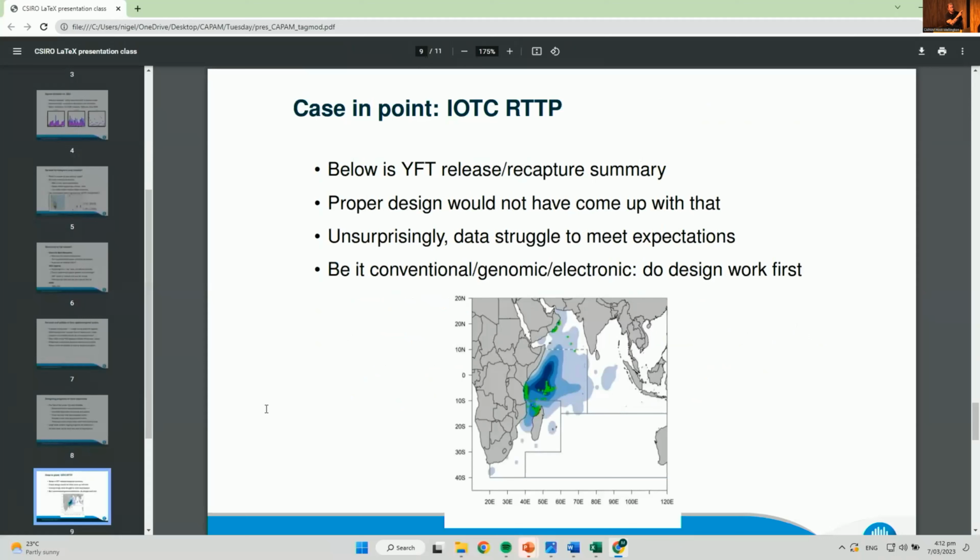So the green dots are the releases, and the heat map is the recaptures. I think that's right, isn't it, Dan? I want to see a nod. Fantastic. If you were asked to design a program that was going to give you abundance, mortality, and movement for